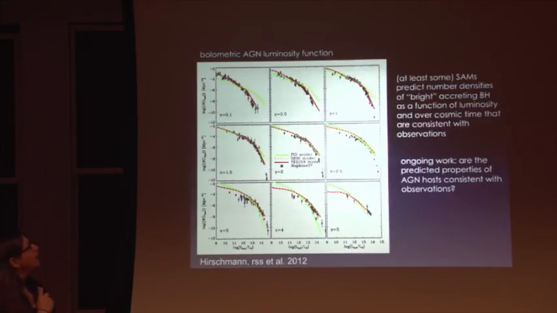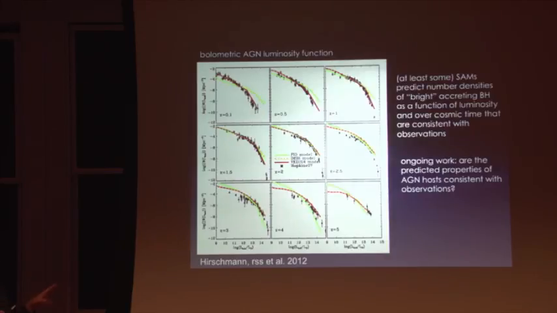All right. Some people, including our group, have also checked whether these models, which remember are invoking black holes and black hole feedback to match galaxy properties, see the right number of bright AGN or quasars. This shows the luminosity function of quasars and AGN. The black points are the observations, and the colored points are our models. We can play with these subgrid recipes for how black holes grow and accrete gas, but we do pretty well. These models do pretty well at matching the evolution of the number of accreting black holes over time.